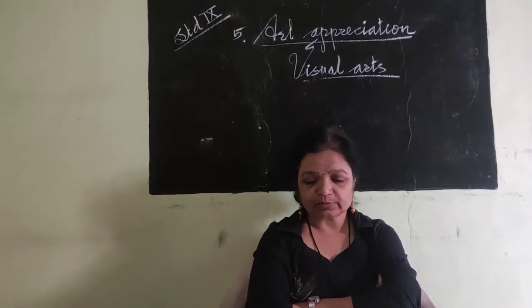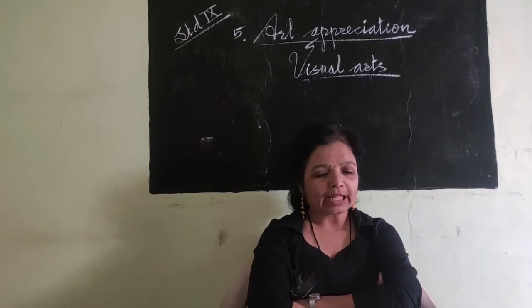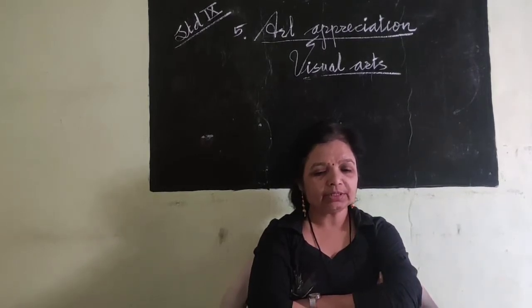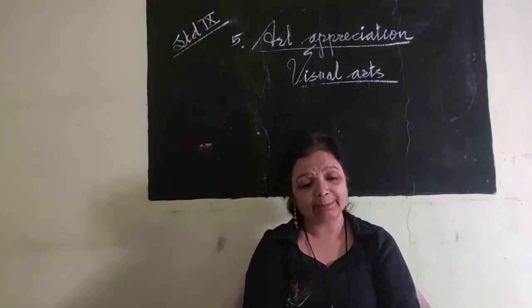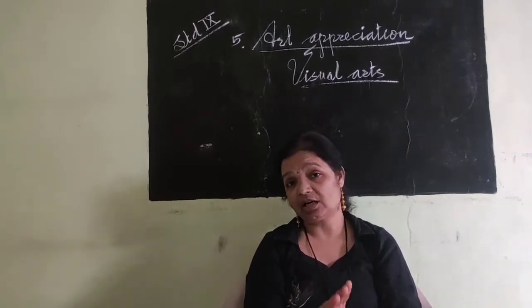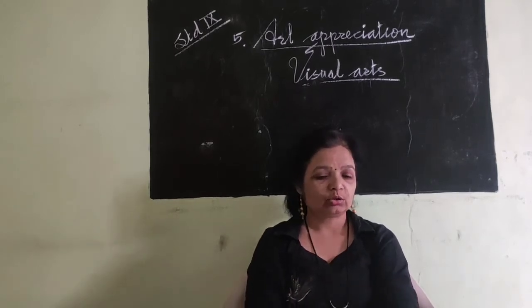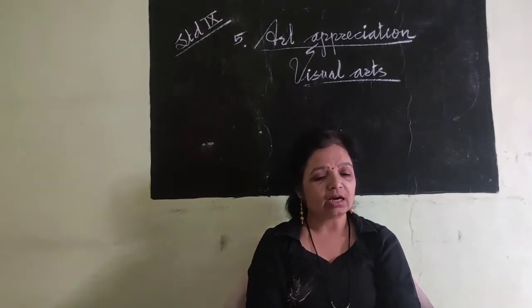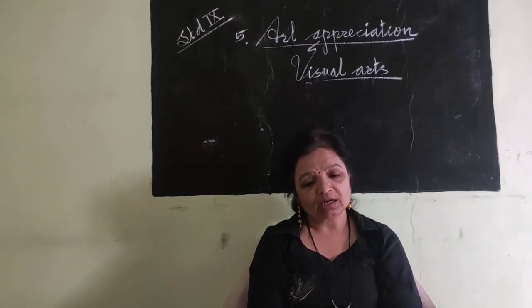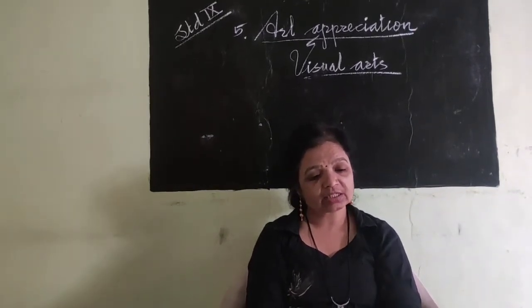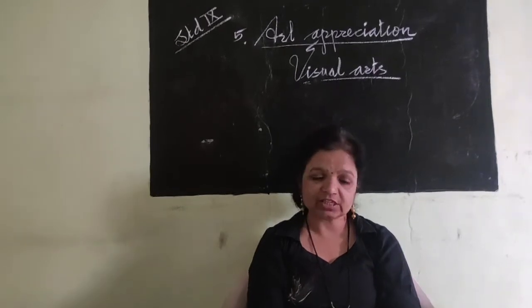Let's come to the next point, page number 50. Expressing the same thing differently. Same thing means the subject is the same, only the artists are different. Okay, what's the fun here? Let's see. Ask the students to observe the pictures given below. They are all a depiction of a sunrise by different artists in different styles.